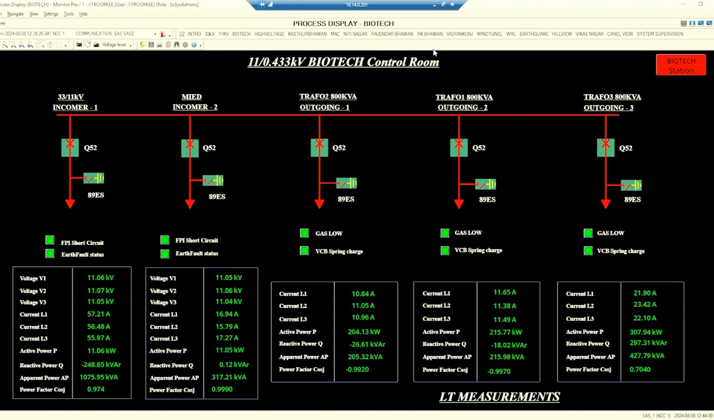Here we have the SCADA overview for the 11/0.433 kilovolt biotech substation. We have discussed it in detail, and now we are understanding it through the SCADA platform. Power from the 33 kV substation is shown flowing first to the Department of Mechanical and Industrial Engineering and then to 3 transformers. This dashboard displays all voltage and current values along with active and reactive power flows within the